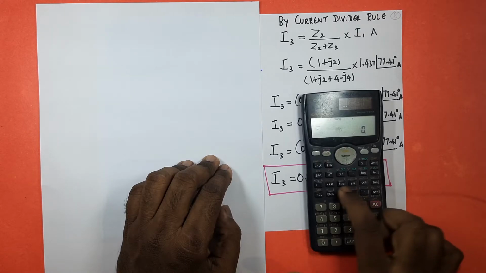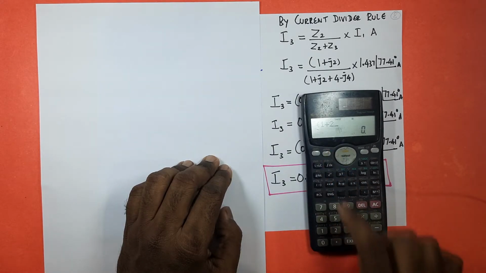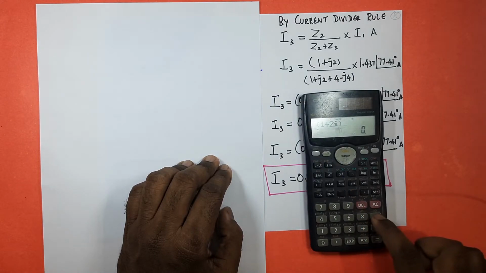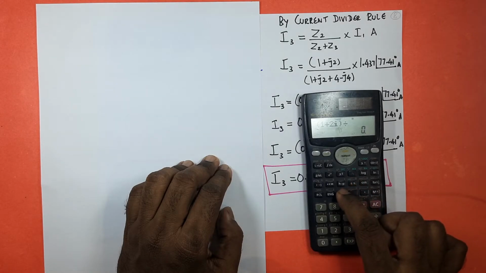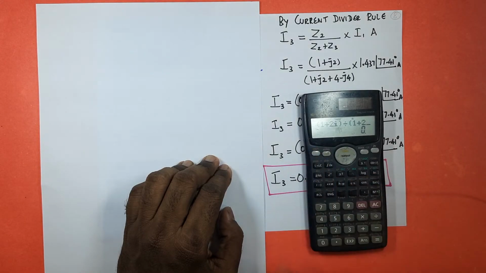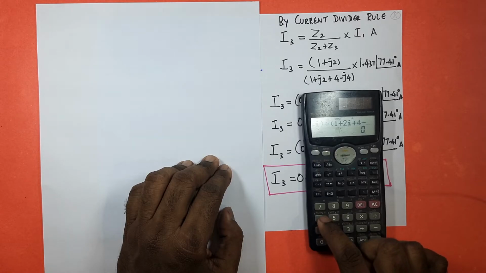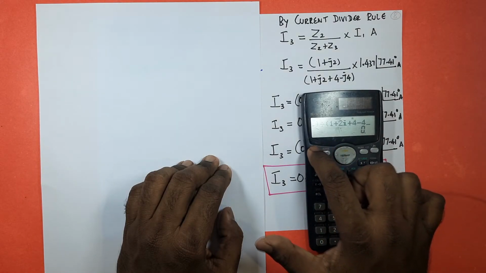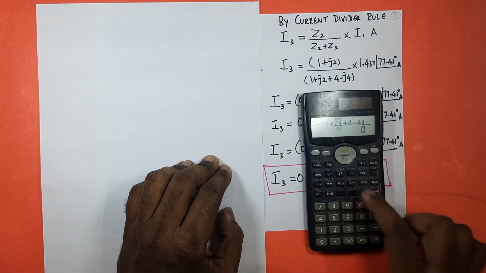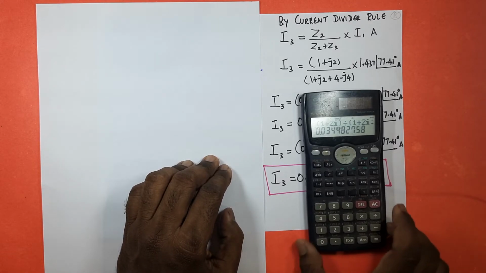So numerator, open the bracket, 1 plus 2 shift I, close the bracket, divided by, again open the bracket, 1 plus 2 shift I plus 4 minus 4 shift I, close the bracket, okay, equal to, now you got